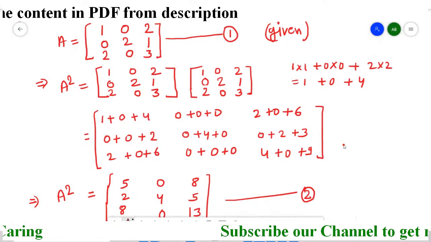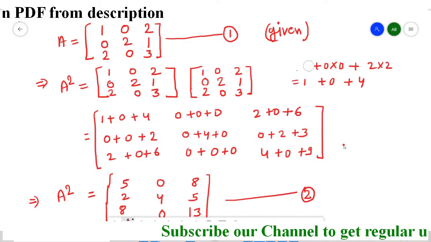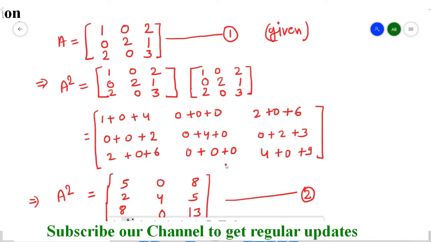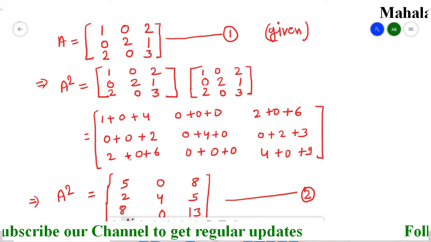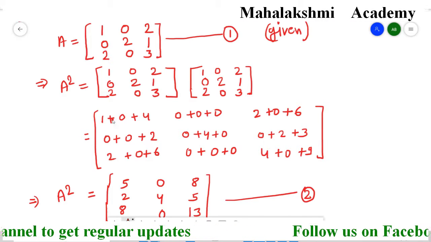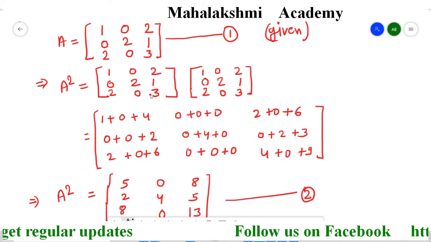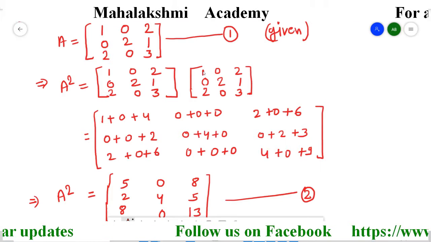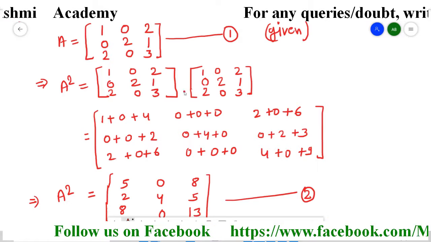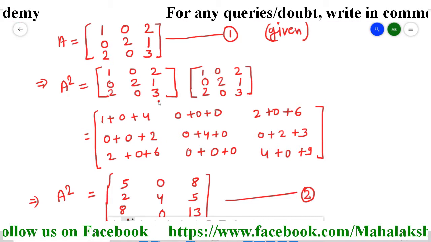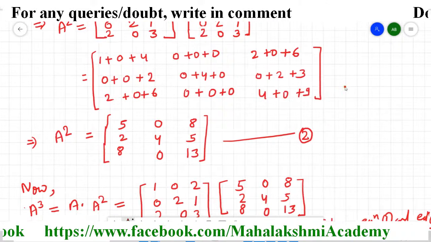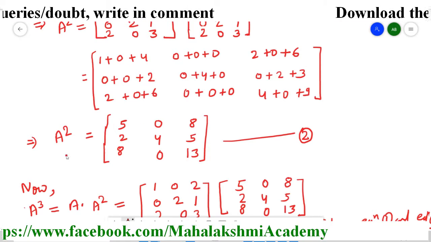Now after that, first let me erase the rough work. Now I am randomly explaining one more term from here. Suppose we are going to find out this one. It's in the third row, so it is obtained from the third row only: third row multiplied by the first column. So 2 multiplied by 1, answer is 2. Then 0 multiplied by 0, answer is 0. Then 3 multiplied by 2, answer is 6. Like this I entered it here. Easily you will get it. After that I added them, so I got A square.